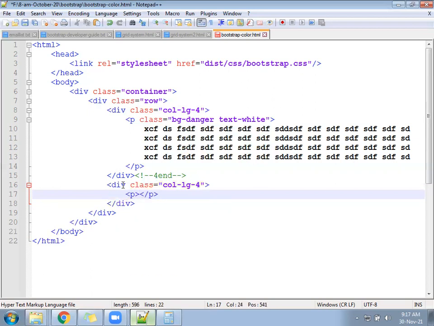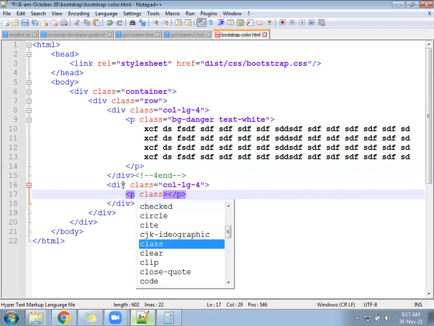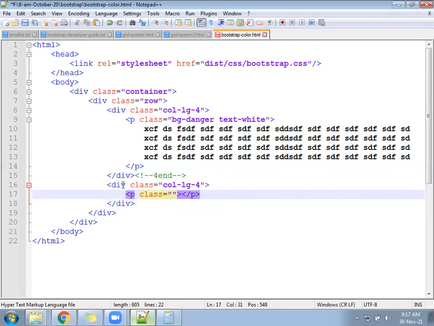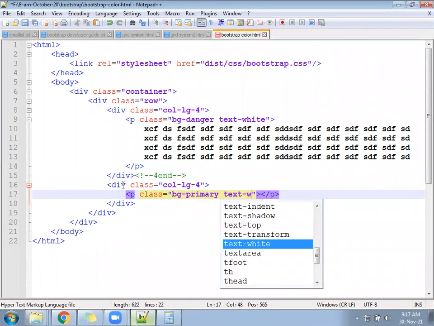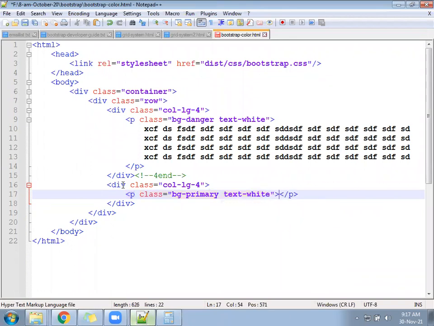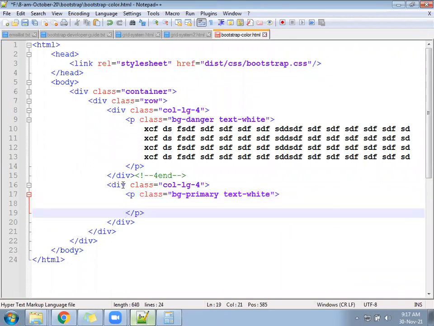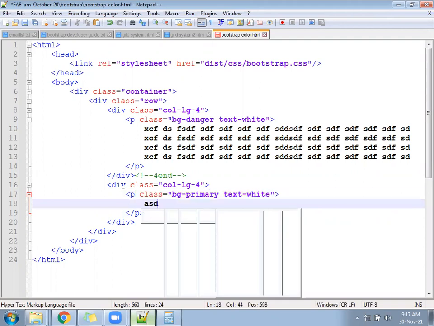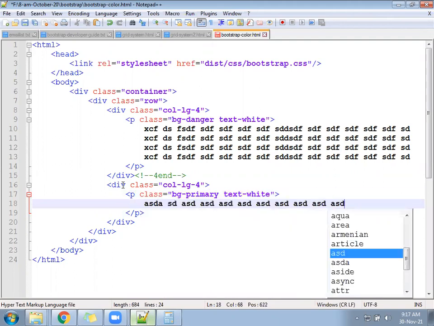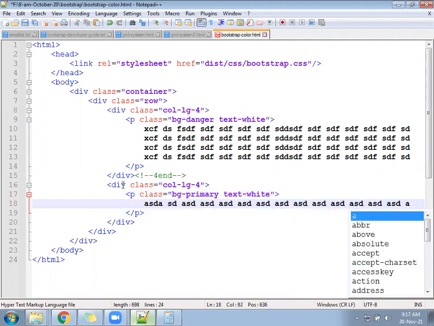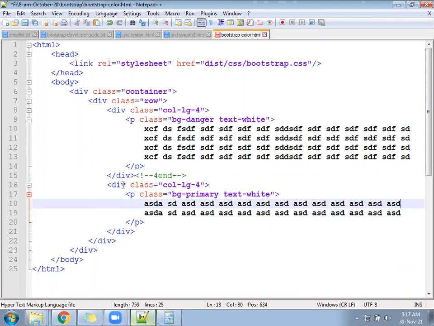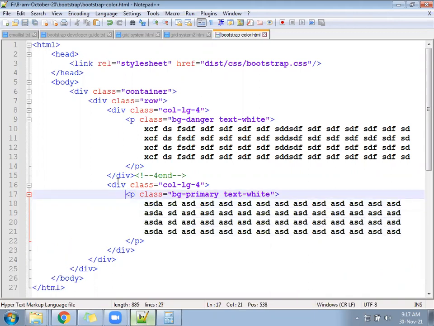Inside the paragraph, class equal to bg-primary and text-white. Save now and check once.